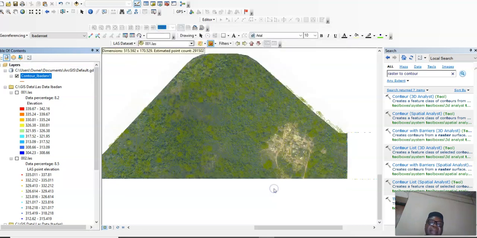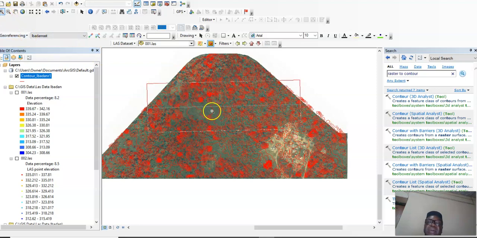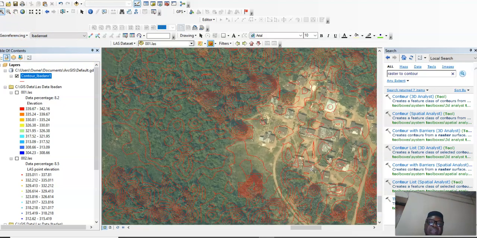Okay, apply. Yeah, you can see these points are the areas of high elevation, while these areas are the areas of low elevation. These are peaks, and you can zoom and you can see the kind of buildings that you have there. You can see the high area and the low area.